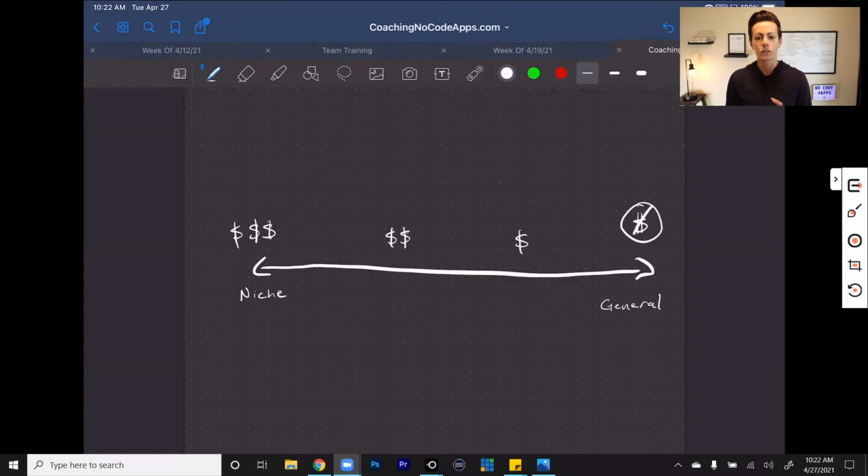Now, we need to look at what types of apps fall into each of these ranges so that you can start to place your app within that same range. And then we're going to talk about common pricing models we see within each of these ranges so that you can see which ones are going to be most applicable to you in that sense. Okay. So when we're looking at the right side of our spectrum here, all right, so everything over here, more often than not, we're looking at more